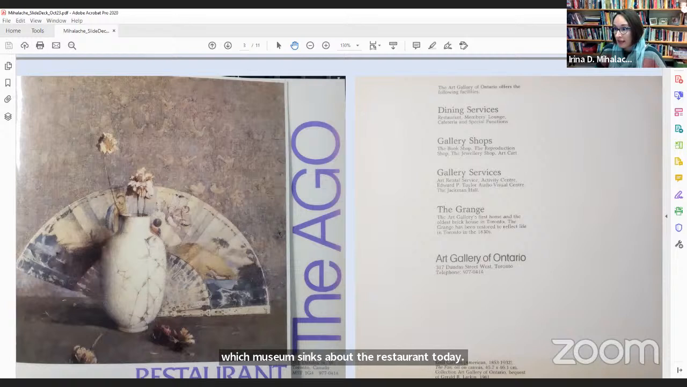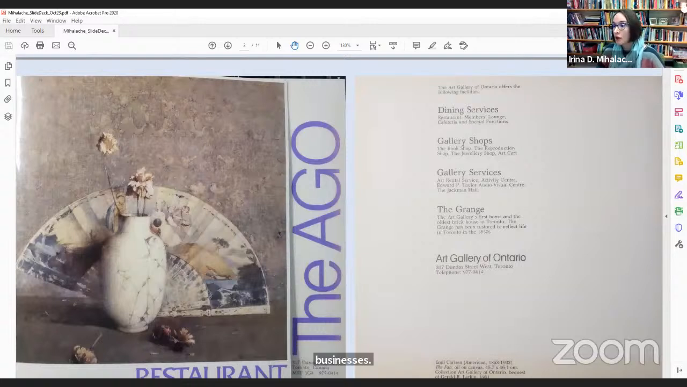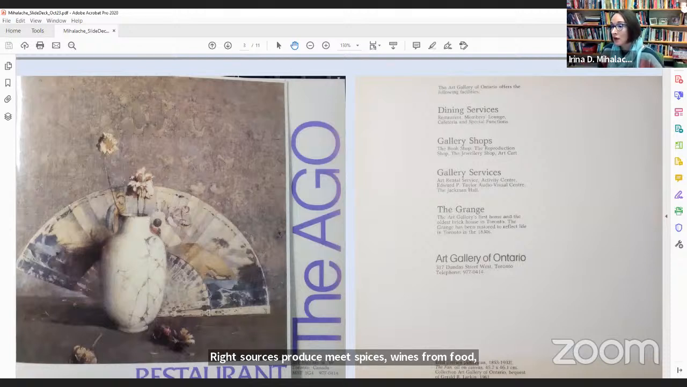Third, I reflect on the menus in relation to the infrastructures of the urban environments where they are situated. So a museum restaurant is comfortably or uncomfortably located inside art spaces. It is also part of a global and local network of food businesses, right? It sources produce, meat, spices, wines from food terminals, markets, farms, alongside all the other food spaces within the